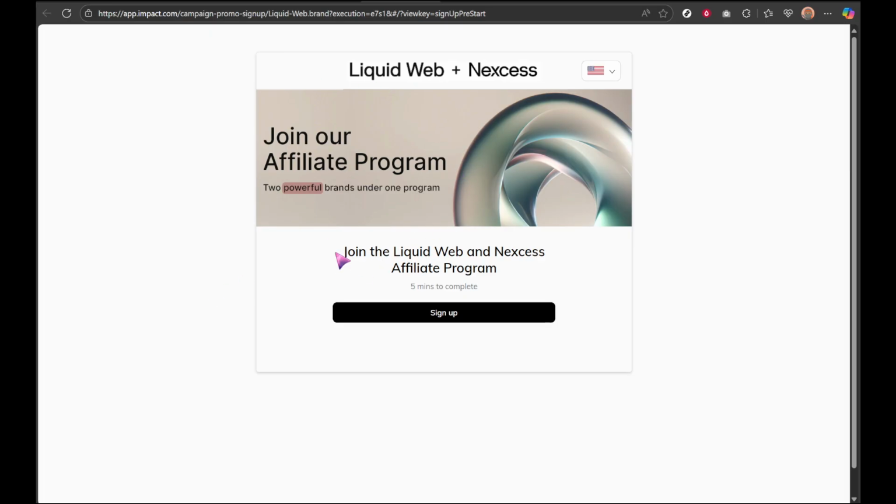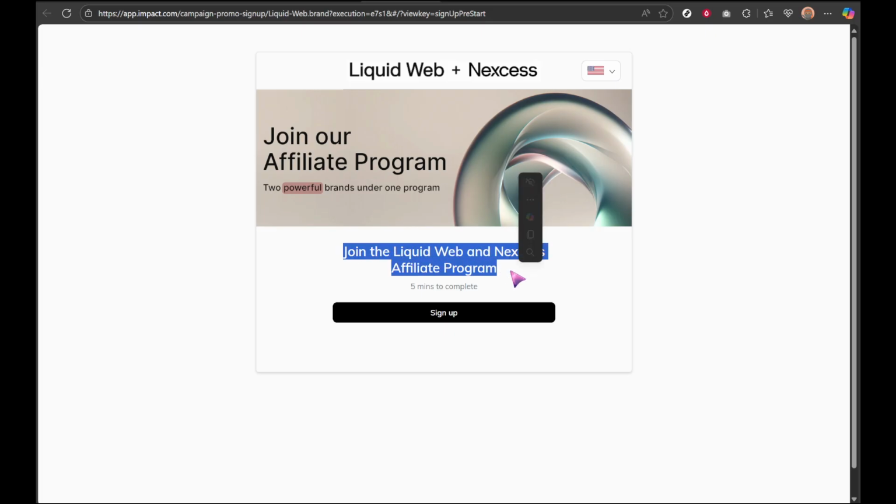Next, you'll be redirected to app.impact.com, where you can officially sign up for the affiliate program. Signing up is straightforward. Just ensure your contact information is accurate and complete all mandatory fields to avoid any delays